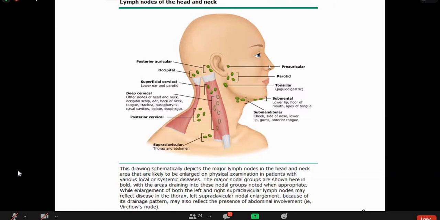In front of the ear, we have the preauricular nodes. Just below the ear, we have the jugulodigastric and parotid lymph nodes in proximity with the parotid gland, and then the posterior auricular lymph nodes, and at the nape of the neck, we have the occipital lymph nodes. Coming towards the mandible, the underside of the mandible contains the submental nodes, while at the angle of the mouth, you have the submandibular lymph nodes. So this was the basic anatomy of the lymph nodes of the head and the neck.